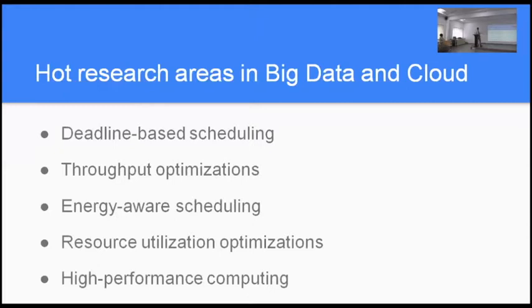You could try to get throughput because you want to get more and more applications completed early. It couldn't be deadline-based. How do you do that? Because you're sharing. Remember, as long as an application is running, you cannot take it out. So how do you order these applications and how do you let them share the resources is a very big problem. Energy aware, I'm going to talk about energy aware scheduling.